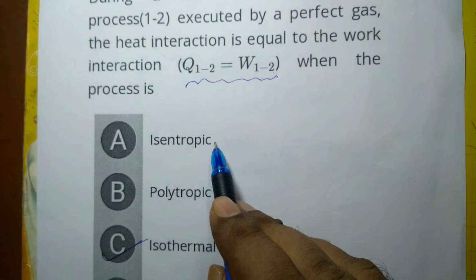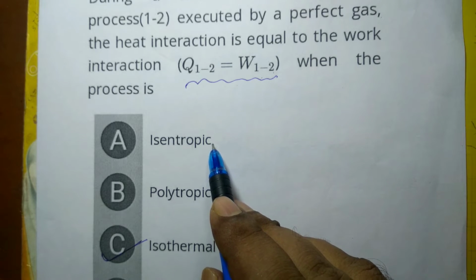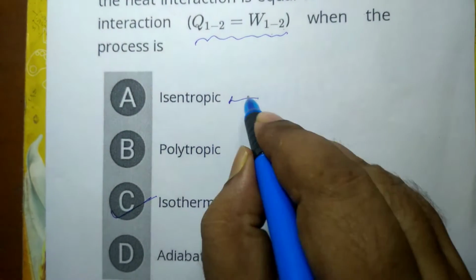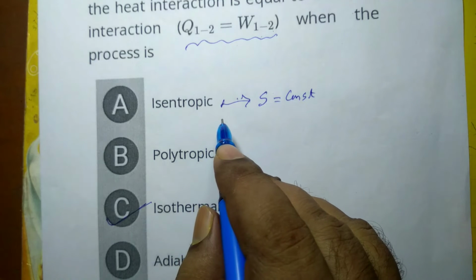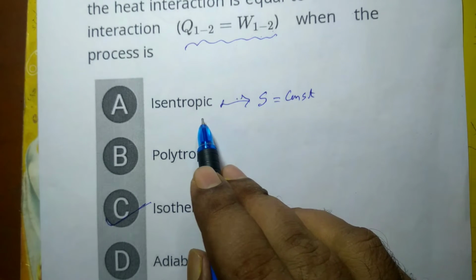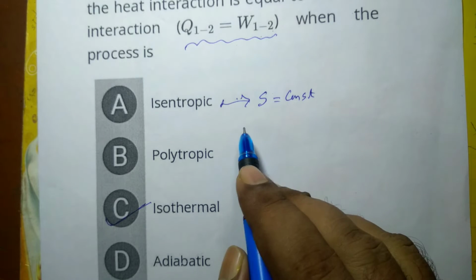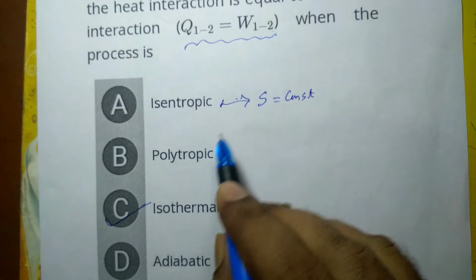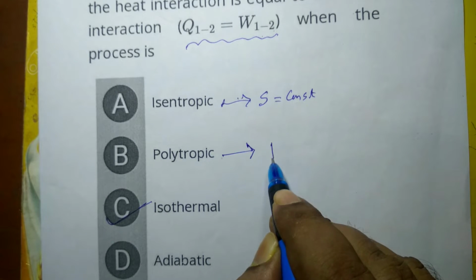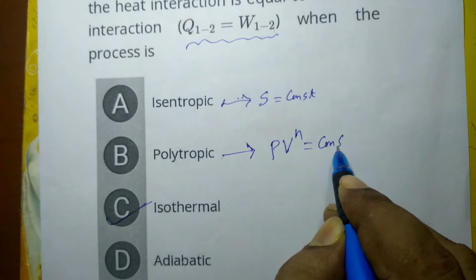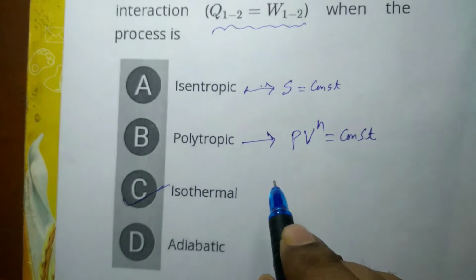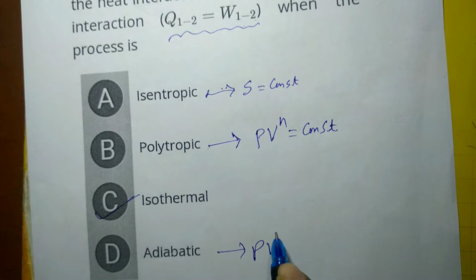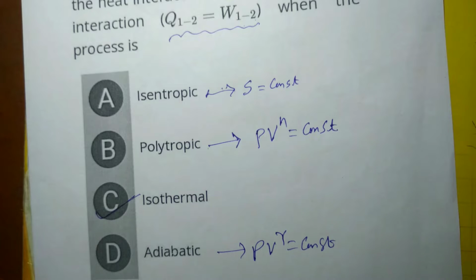आइसोथर्मल, क्योंकि आइसेंट्रोपिक में तो हीट इंटरेक्शन नहीं होता है और एज द नेम सजेस्ट एंट्रोपी रिमेन्स कांस्टेंट, आइसेंट्रोपिक, बट हीट इंटरेक्शन इज देयर आइसेंट्रोपिक में। रिवर्सिबल एडियाबेटिक होगा तो आइसेंट्रोपिक होगा, एंट्रोपी रिमेन्स कांस्टेंट बट नॉट टेम्परेचर, टेम्परेचर डज नॉट रिमेन कांस्टेंट। पॉलीट्रोपिक तो है ये प्रोसेस जिसका इक्वेशन Pv^n इज इक्वल टू कांस्टेंट होता है और वो आइसोथर्मल भी नहीं होता है, एडियाबेटिक से डिफरेंट एक जनरलाइज प्रोसेस है। एंड एडियाबेटिक तो Pv^γ इज इक्वल टू कांस्टेंट, इसमें हीट इंटरेक्शन नहीं होता है लेकिन टेम्परेचर वेरी करता है।